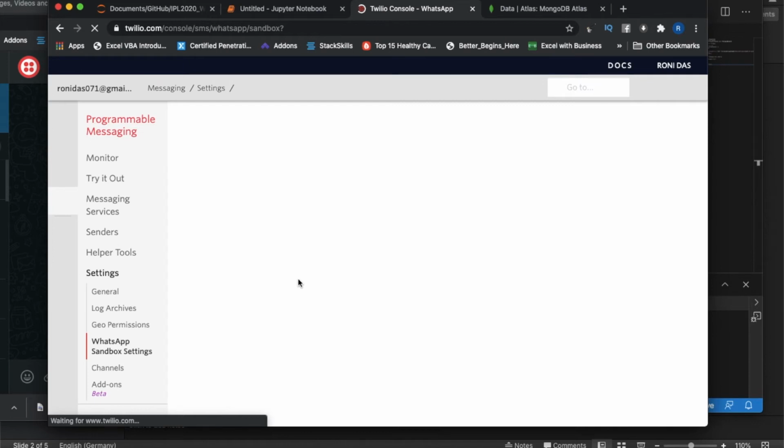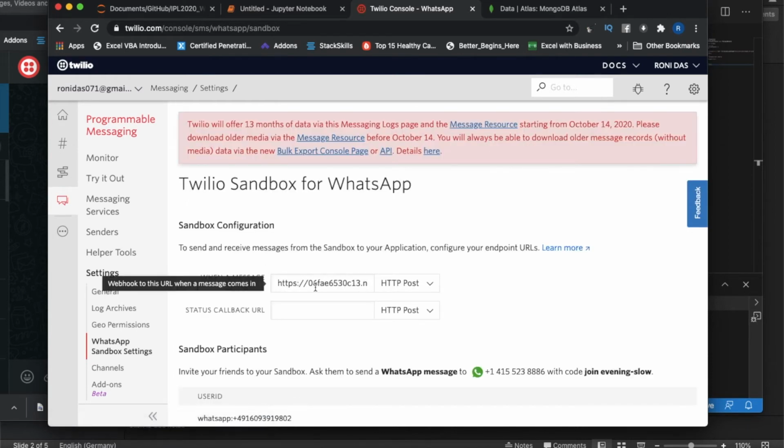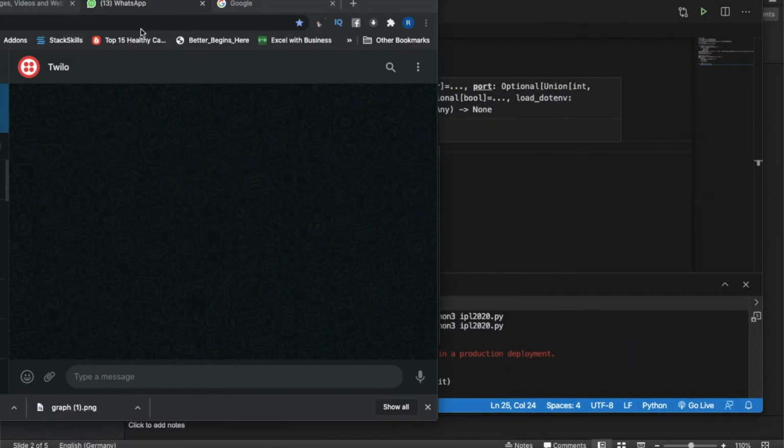Okay, so I will go to see my sandbox. I'll show you guys. See, the sandbox ends with 1.3. Where is my... let me minimize this.